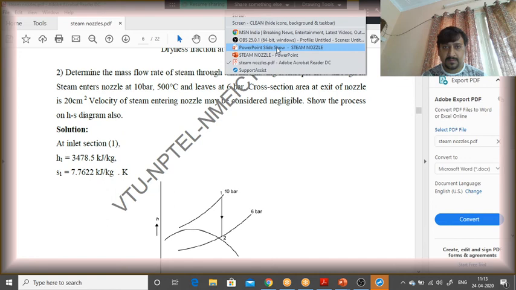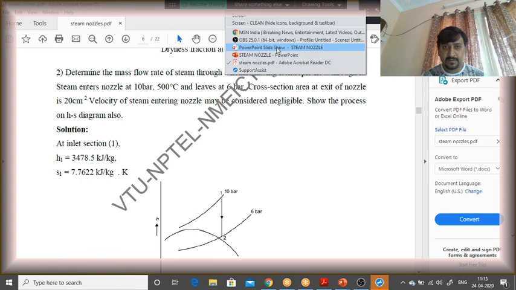After getting the C2, there comes one more step. If we get C2, the mass flow is given by A2 C2 by specific volume V2. A2 C2 gives you the discharge, that will be in meter cube per second, correct? V2 gives you specific volume, that is meter cube per kg, correct? So meter cube goes off, kg goes up, seconds come down, kg per second. You will get the mass flow rate very easily.